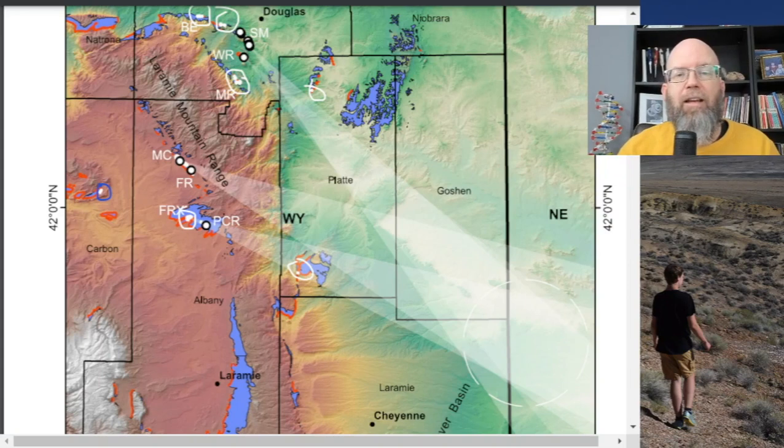You can look back like, well, where did this come from? And you can see that they have these little shadows saying, from these dots up here, more toward the north, the ellipses are pointing back to an area on the border between Nebraska and Wyoming. And the ones more over here on the west side, where it says FRX and PCR, those ellipses are pointing in the same direction.